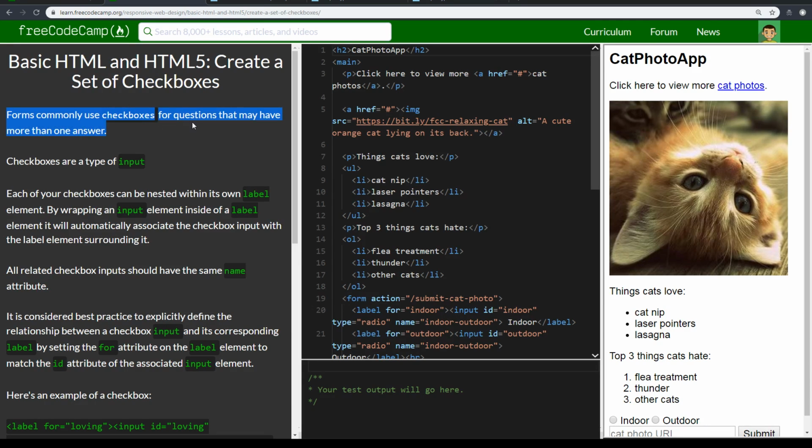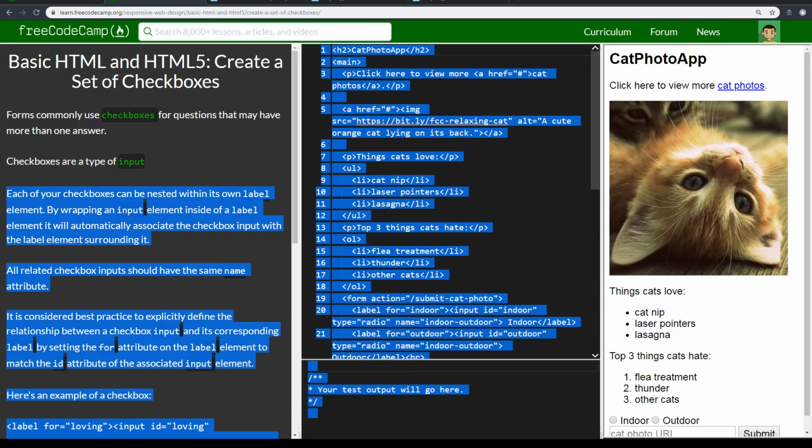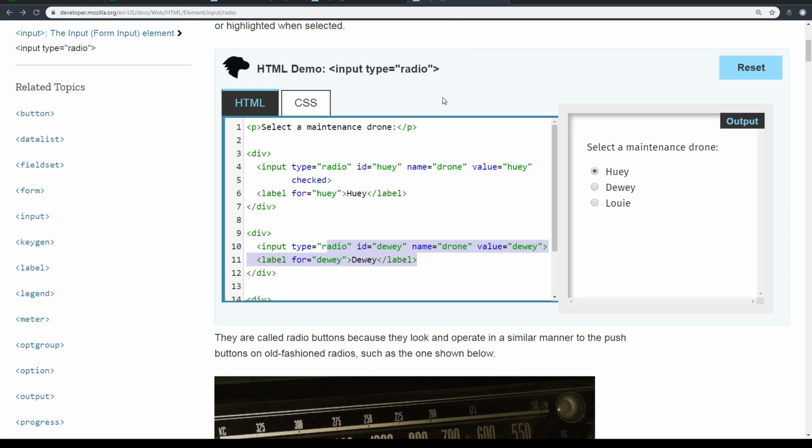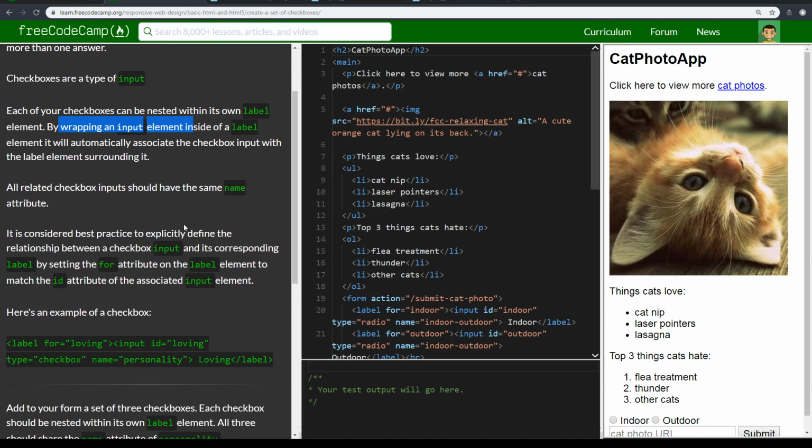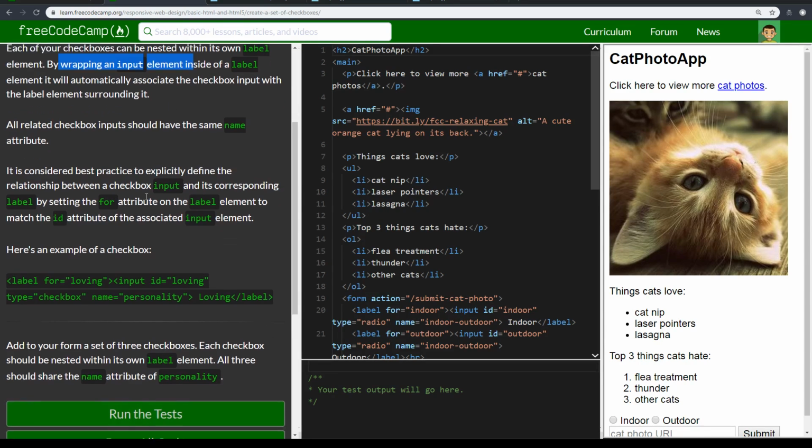Forms commonly use checkboxes for questions that may have more than one answer. So checkboxes are a type of input. We saw that already, but now you know that there's a different one. Before we looked at radio. Radio is a type of input, and checkboxes are a type of input. Each of your checkboxes can be nested within its own label element by wrapping an input element inside the label element,